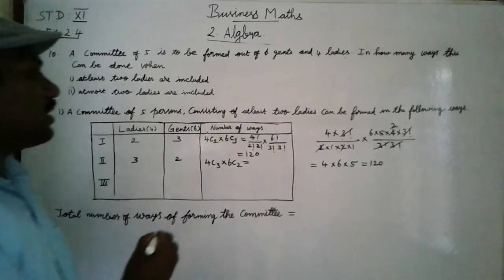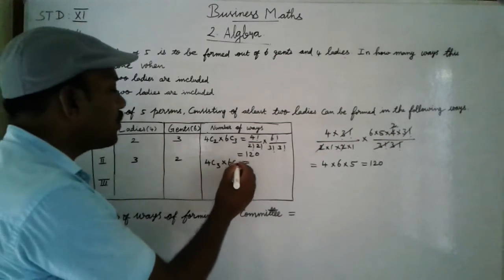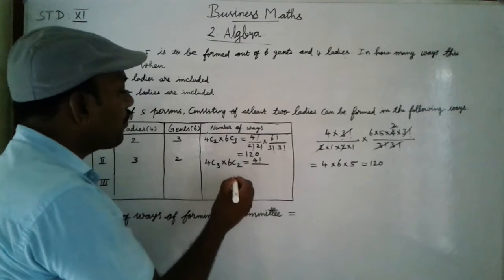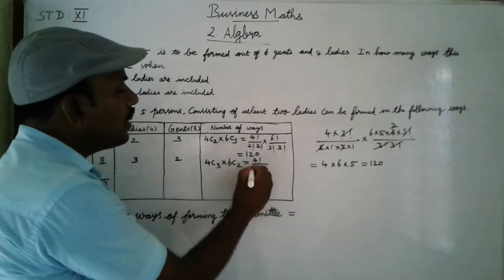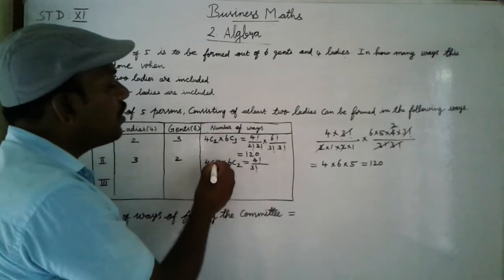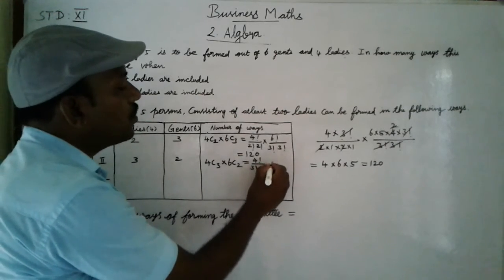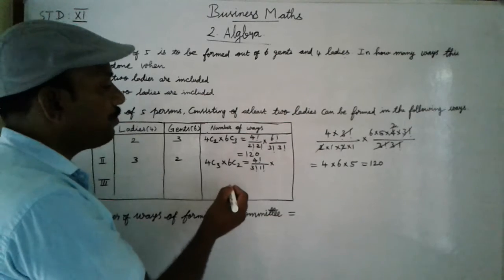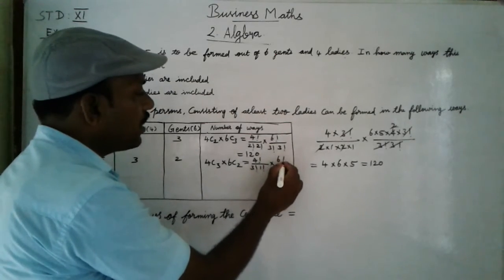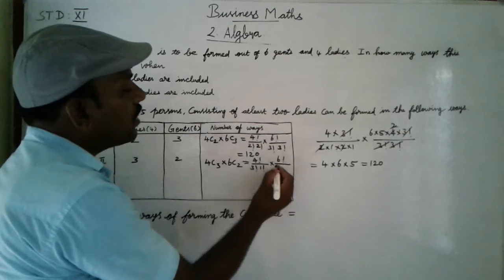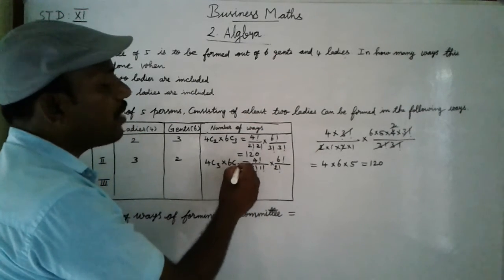So we should write like this, substituting the formula: 4 factorial divided by r is what? 3 factorial, 4 minus 3 is 1 factorial, into 6C2, 6 factorial divided by r is 2 factorial, 6 minus 2 is